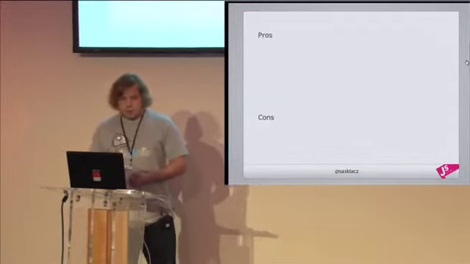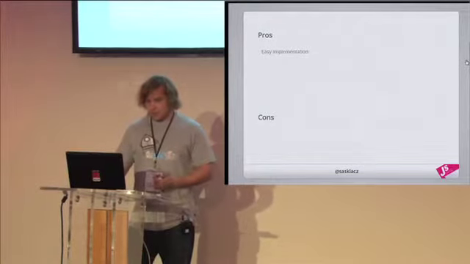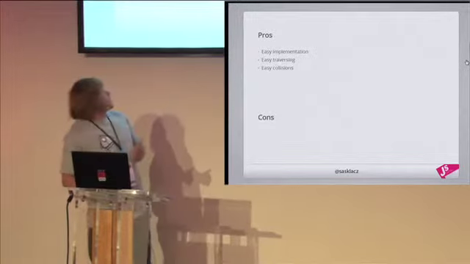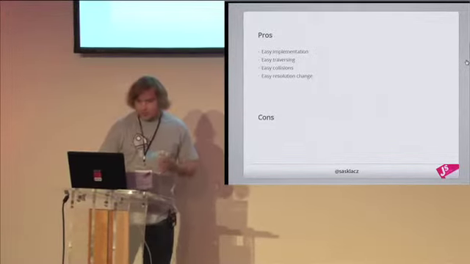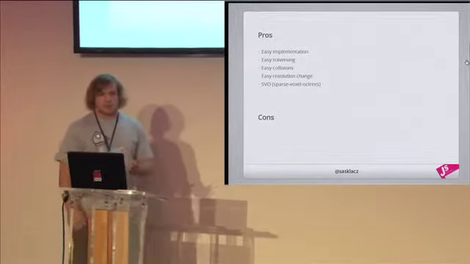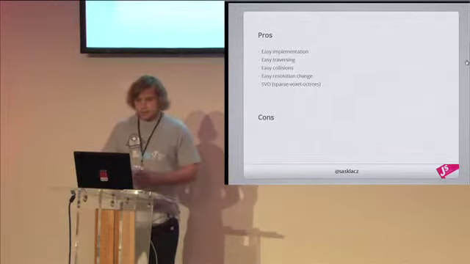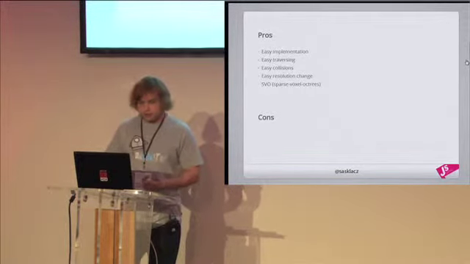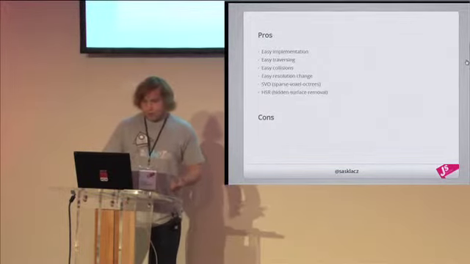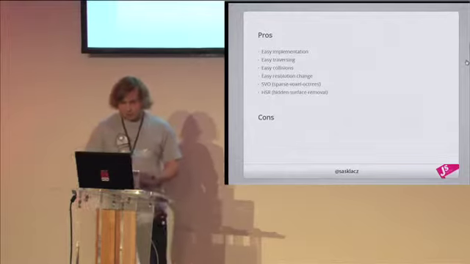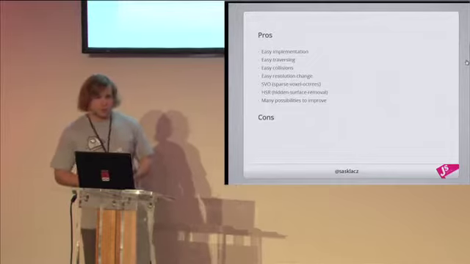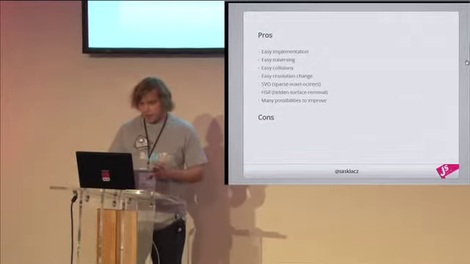There are a lot of pros with this technique. Implementation is really straightforward. Traversing the octrees is really easy. Collisions are easy. Resolution change is easy. We have a possibility to generate sparse voxel octrees, so the nodes of our tree that don't contain data that need to be rendered are just not shown. It's really easy to hide surfaces that we're not showing. There are many possibilities to improve because the topic is not as much researched as polygon generation, but there are